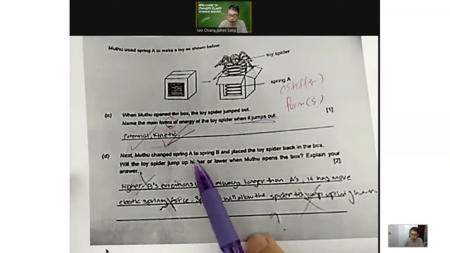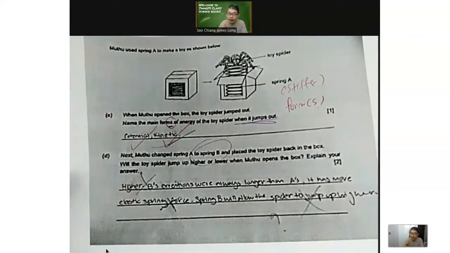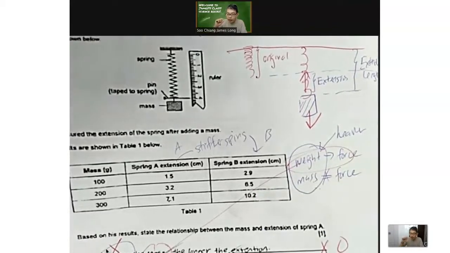So now it replaces the spring with spring B. Remember, spring B is less stiff. If it's less stiff, it means it has less elastic potential energy inside. How do you know it's less? Because we had the data earlier on to show us, right? Spring B extends so much more easily because it's less stiff. So the reverse is true. You compress it very easily, so it doesn't really store a lot of elastic potential energy